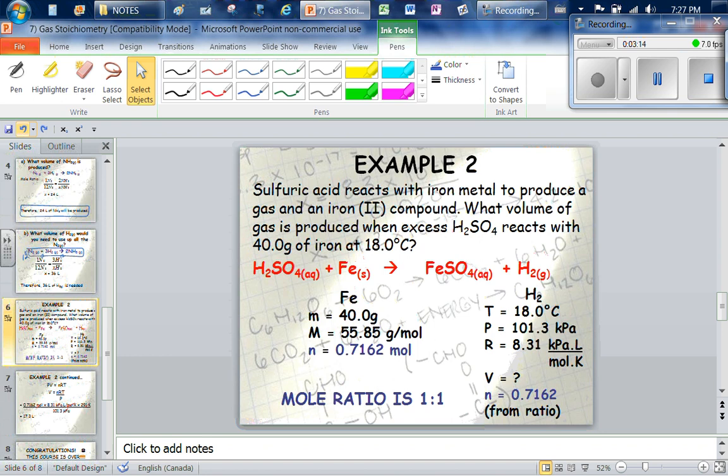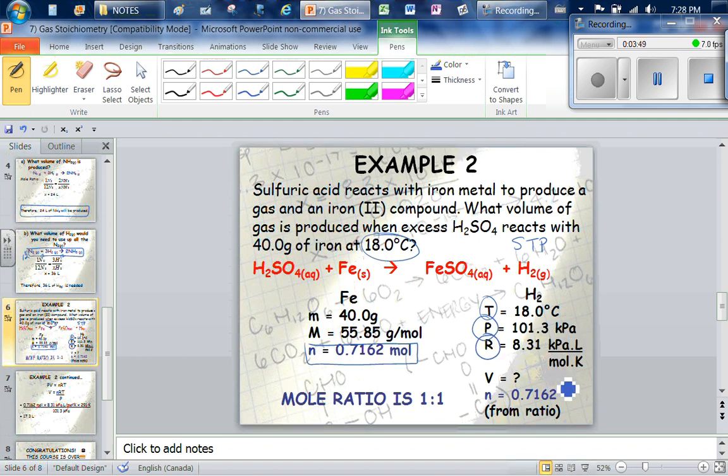Given in the question, the mass is 40 grams of iron. You can always calculate the molar mass of iron, and once you have the mass and the molar mass, you can calculate the number of moles. With hydrogen, remember, it's at 18 degrees Celsius, so we have the temperature. We always have the pressure, 101.3 kilopascals, and you always know R,